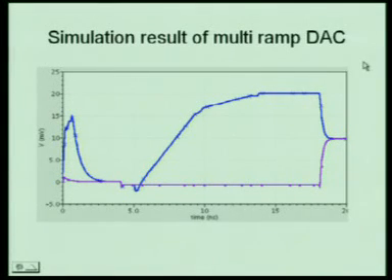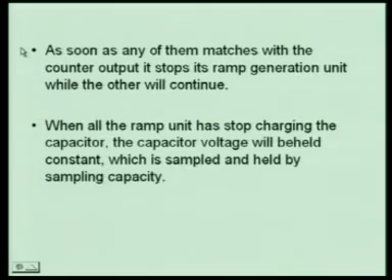This is the result of the multi-ramp based DAC. At the discharge phase, both the capacitors will discharge to 0. After that, the charging capacitor will start charging while the sampling capacitor will hold the 0 value. When the sampling switch turns on, both the capacitors will share the charge, and both will have half of the charge because both of them are of the same value.